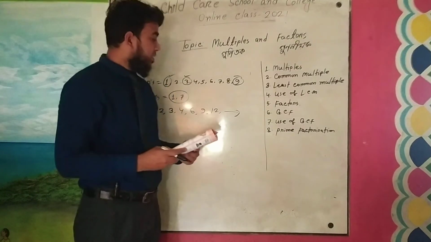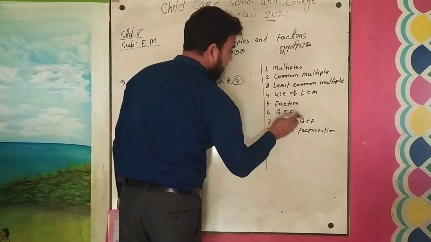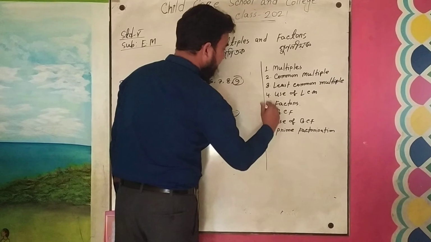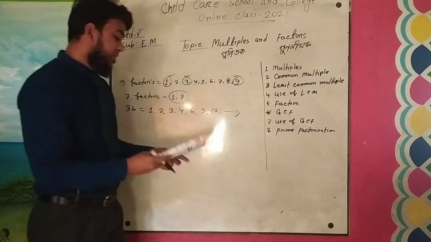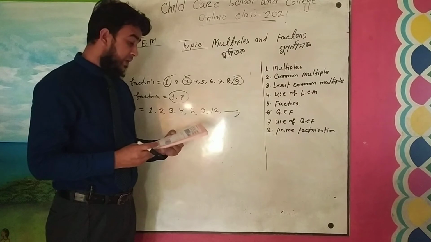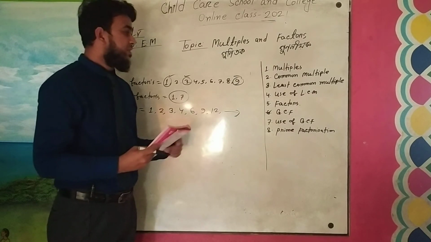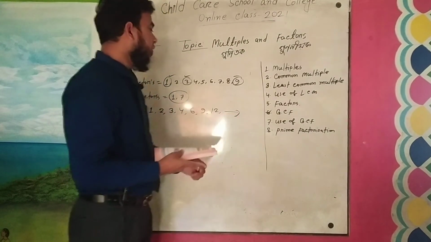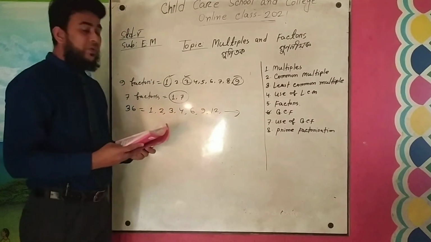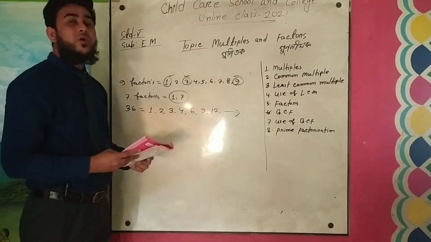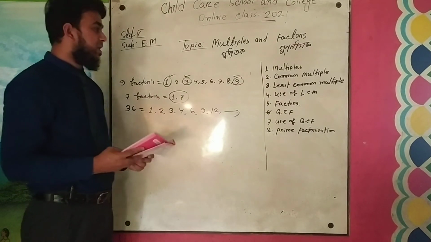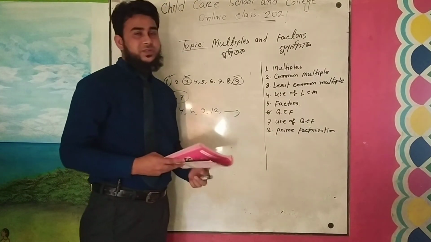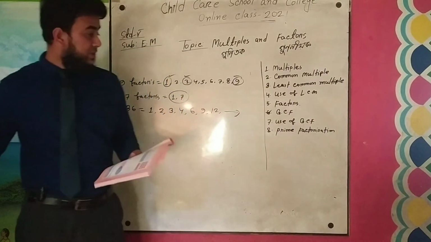Okay. Now, dear learners, we want to practice the next one. This is GCF. Everyone please come to page number 31. Greatest common factors. G for greatest, C for common, and F for factors. So what do you understand? Already we have discussed multiples, common multiples, LCM. Now GCF, greatest common factors. Now we'll discuss this.